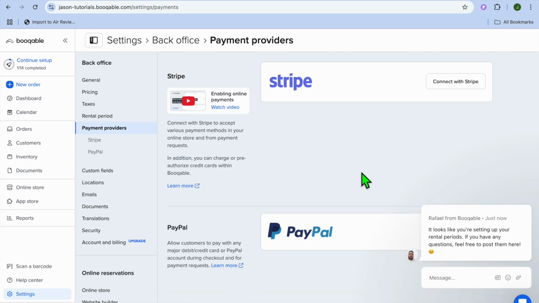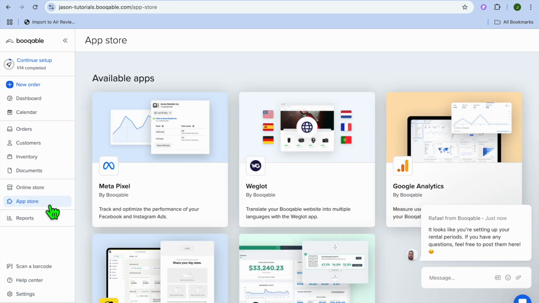You can tap on payment providers and this is where you'll be able to connect Stripe and PayPal. So these are the two methods that you'll be able to offer your customers or clients to get paid. And that's basically it. Once you're finished doing that, if it is a case that you'd like to add more features, for example, booking or so on, you could go over to the left hand menu option and tap on